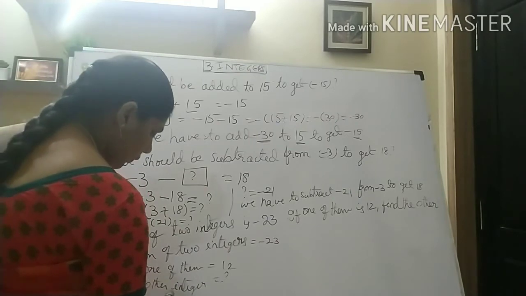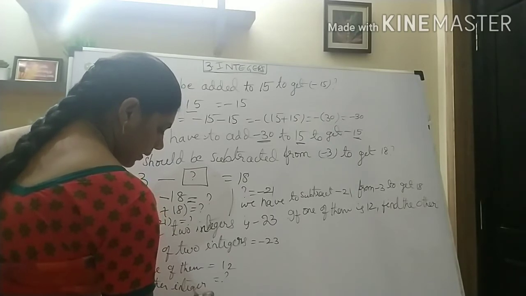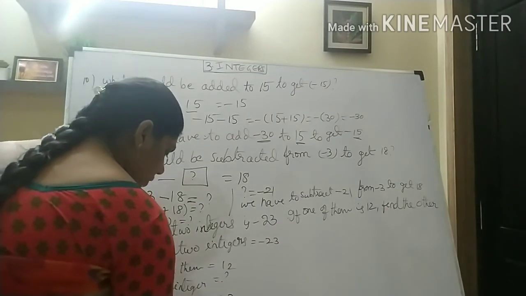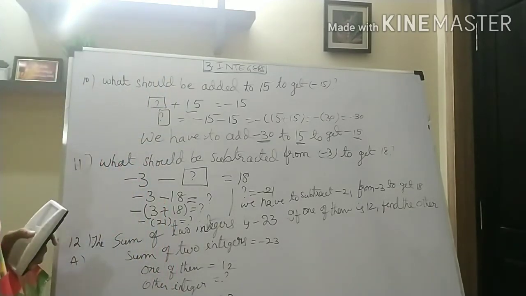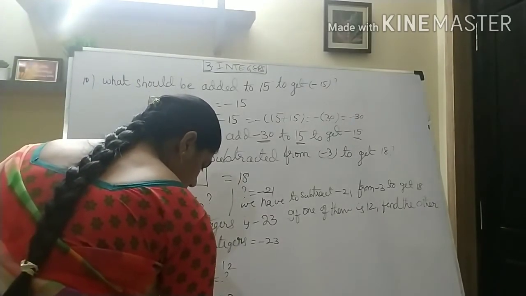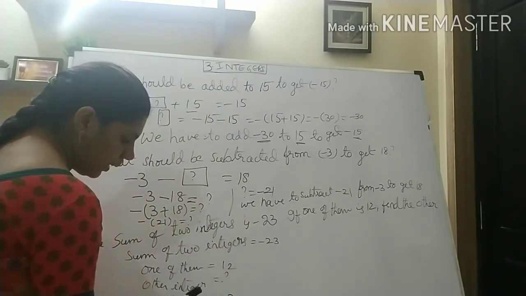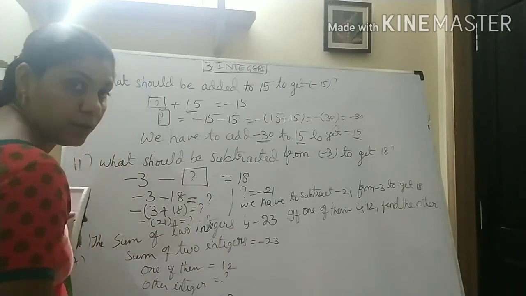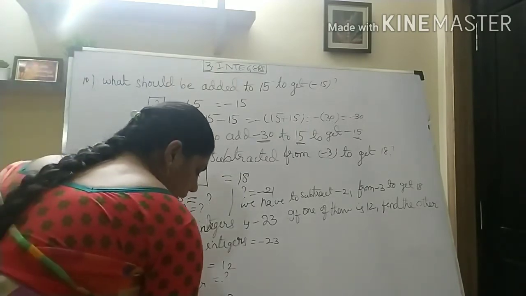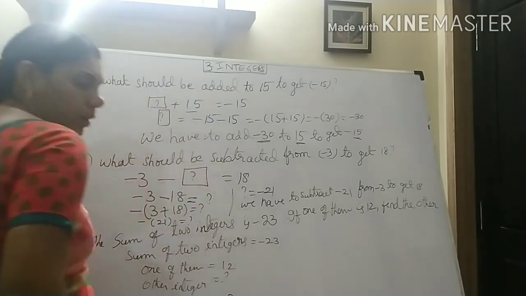What have we known here? 12, the one number we know. The other number we don't know. But the sum is equal to minus 23. Now see, as usual, I am placing a question mark here and I am sending this plus 12 to the other side of this equation. This will become minus 12. Here minus 23 as it is I am writing, and again I am taking this 12 to that side. This will become minus 12. Now see, take minus as common here. Now this will become plus 23. This also will become plus 12.